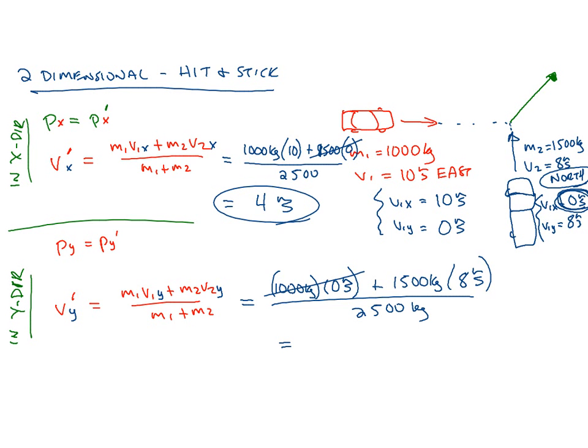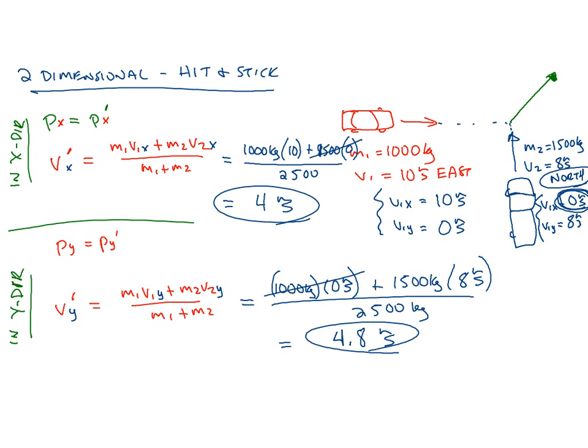would be... 1,500 times 8 divided by 2,500 is, I guess, 4 point something. Yeah, 4.8 meters per second. 1,500 times 8 divided by 2,500. Looks good. Okay, so I'm not done with this, believe it or not, but we have the x velocity and